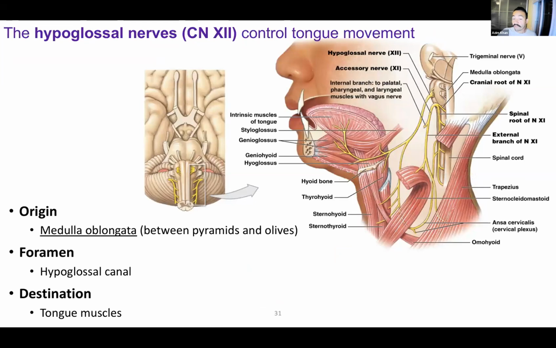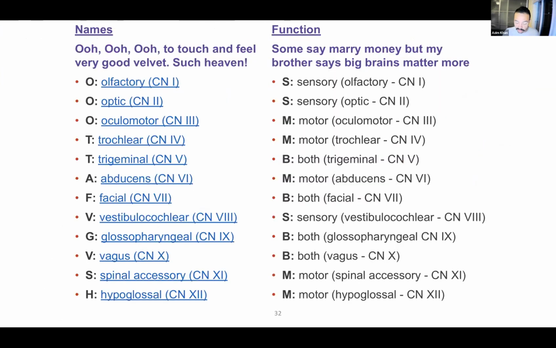So that covers all 12, but I think it'll be helpful to recap all of these and give you some ways to remember all these different names. So here's some mnemonics on how to remember different aspects of the cranial nerves. If you're just remembering the order, naming each one, you can use